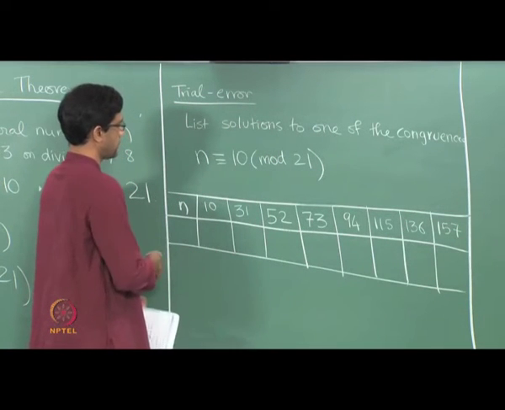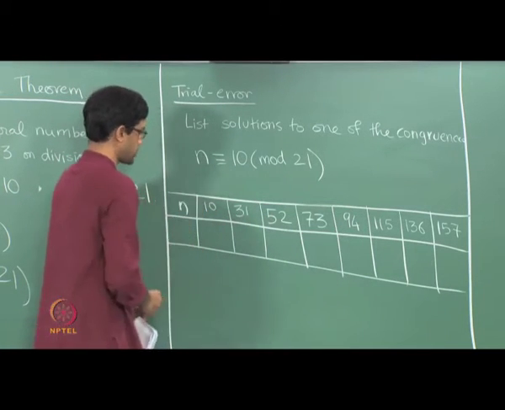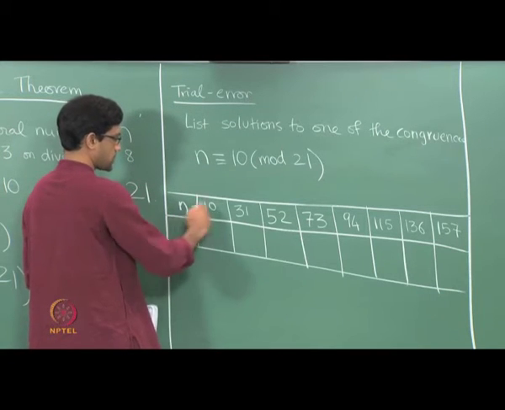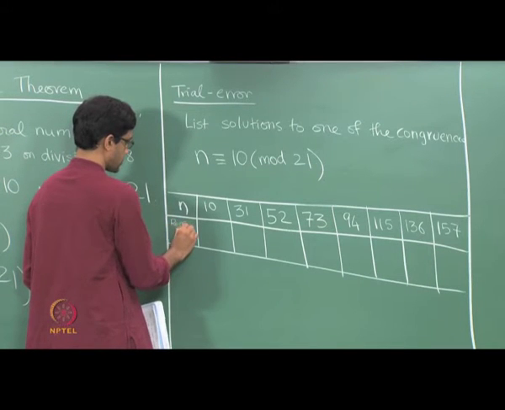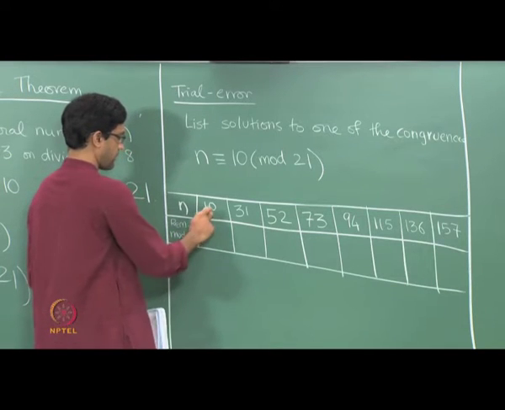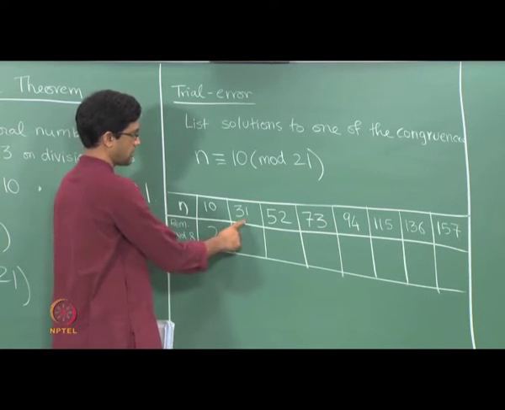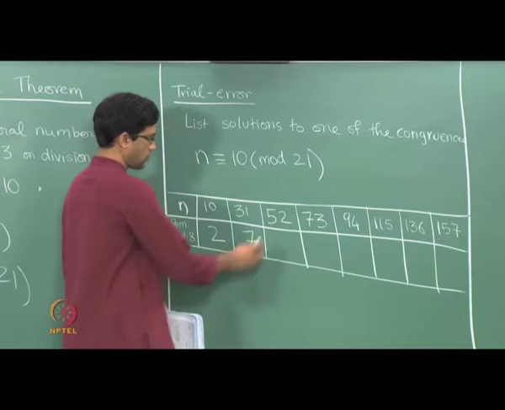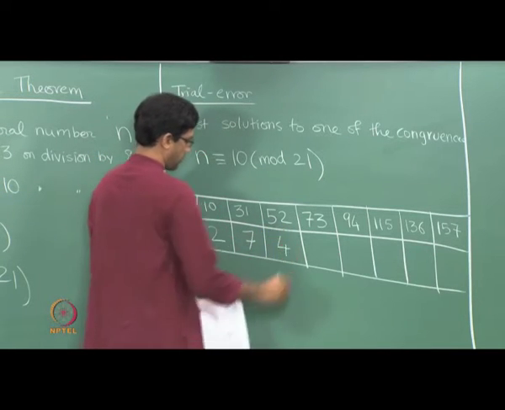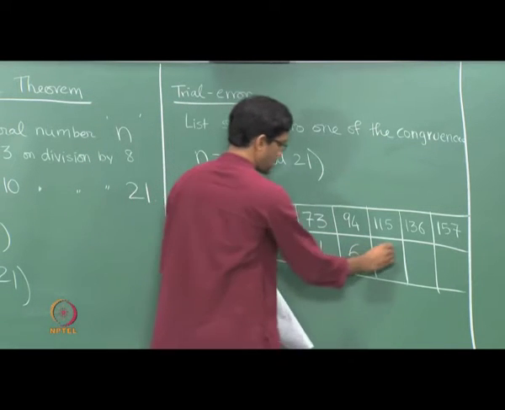And now what do we do? Well, we remember we need to also solve the second congruence. So this list of numbers of course solves the first congruence. So let's figure out what remainders these numbers give us when divided by 8. Let me call it remainders modulo 8. I'll divide 10 by 8 and get a remainder of 2. If you divide 31 by 8, 24 is the nearest multiple of 8, so this gives a remainder of 7. For 52, 8 sixes are 48, and you're left with a remainder of 4, and so on. Let me write out the next few remainders: it's a 1, it's a 6, this is a 3, this is a 0, and a 5.